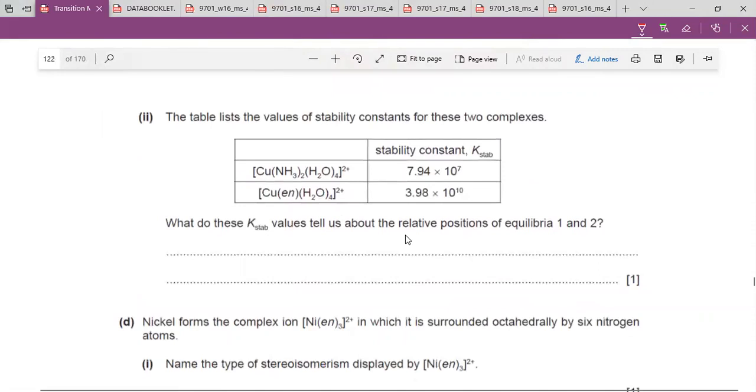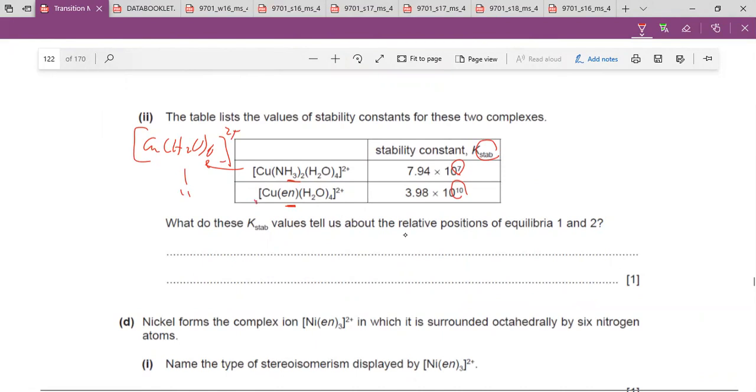The table lists the values of stability constant for 2 complex ions. Remember, this one here is in relationship to the water. Compared to water with the Cu(H2O)6. Again, always compare with the water one. It means the starting point is water. Same thing here. So of these 2, of course, the en is more stable than your ammonia, isn't it? So the values here, 10 and 7. Okay, so what do these Kstab values tell us about the relative position of the equilibrium? That means for 2, right,